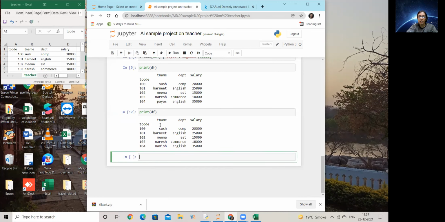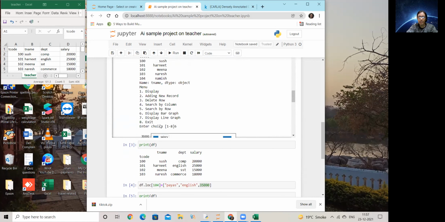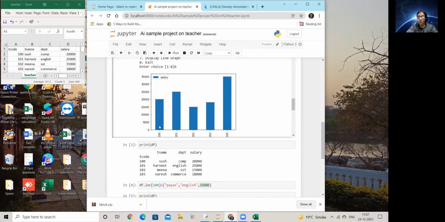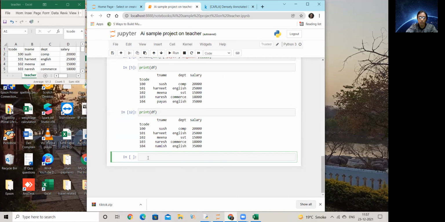Okay, so what I was expecting to check is the deletion, right? Now this is my DF. So I talk of deleting a particular record. Suppose I say 103. So what is my method to delete? I'm not using a print statement here. Okay? Just see the difference. df.drop, brackets open. Suppose I want to delete 103. It is a row-based thing itself. So if I say axis equal to 0, even if I don't say axis equal to 0, my 103 should get deleted.